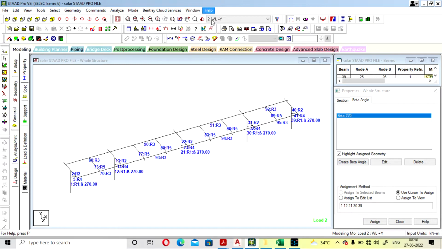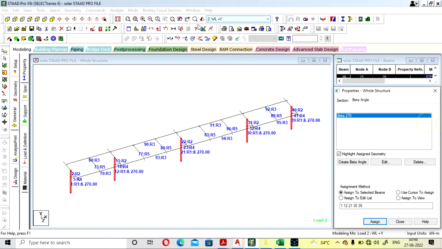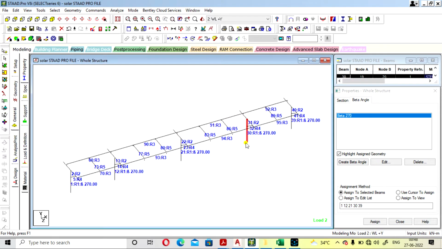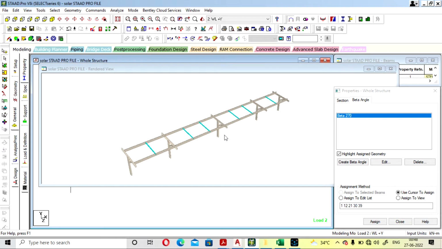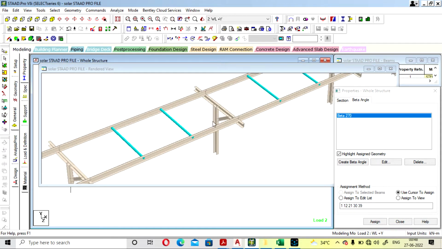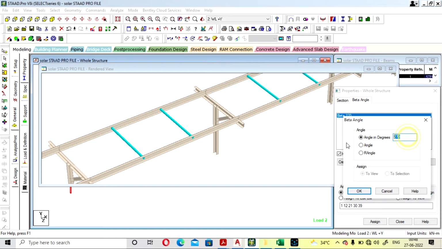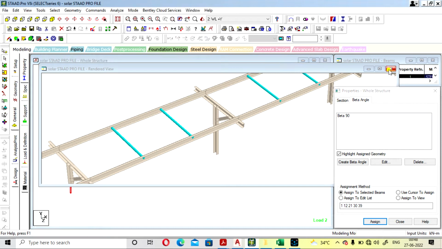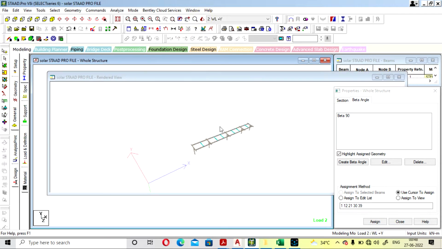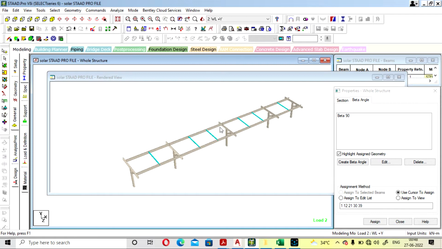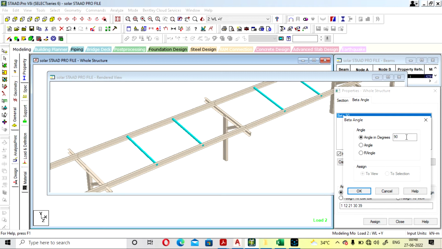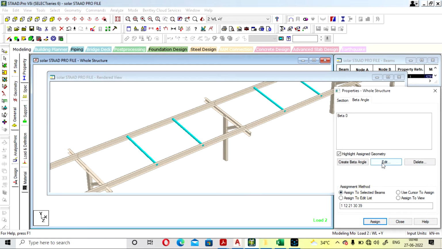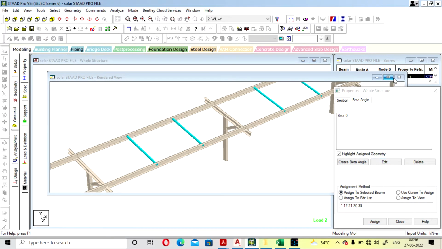Okay, so why we have done that? Because your column will come perpendicular to the rafter here. So our column, if you again rotate to 90 degree, yes, if you will see, the column is again rotated to 90 degree, so it is moved to another side. So we have changed from 90 to 0 degree. Just check, I'm showing you what is going to happen. Okay, assign,